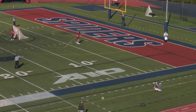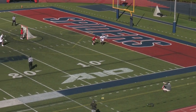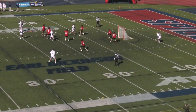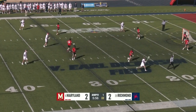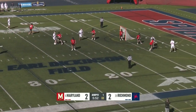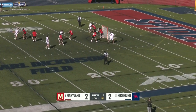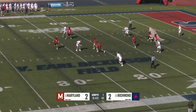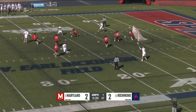He's the second all-time scorer in Richmond lacrosse history, which, this program in its 11th year, it was hard to believe when I wrote that down today. It doesn't seem like it. There's another shot in front that ricochets out top, but he's second only to Ryan Lanchberry in Spider scoring lore. So, let me tell you, it's a crime against nature that Dalton Young was not on the preseason All-American list that I saw. Yeah, he was a preseason...